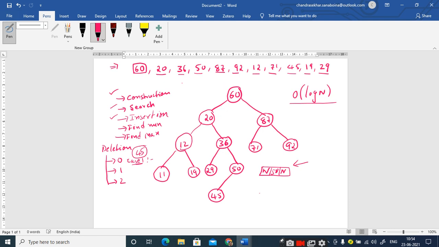As I told in the earlier classes also, when you are allocating memory by using dynamic memory allocation, you should be very careful that you always free that memory while you are exiting from the program, right? Is it clear? Clear, sir. Right, let us go with another case, that is case 2, that is deleting a node with one child.